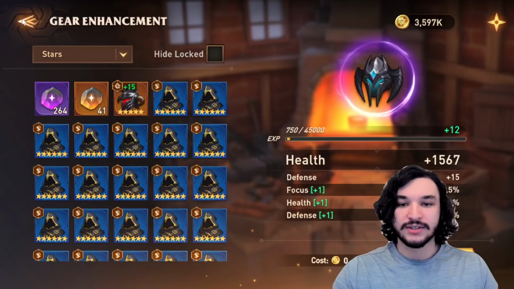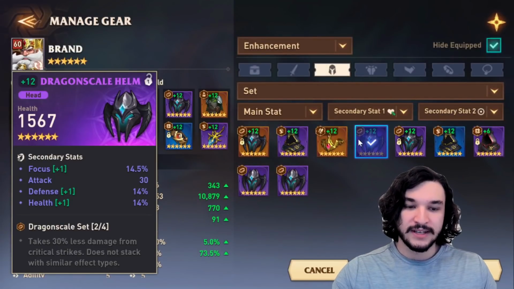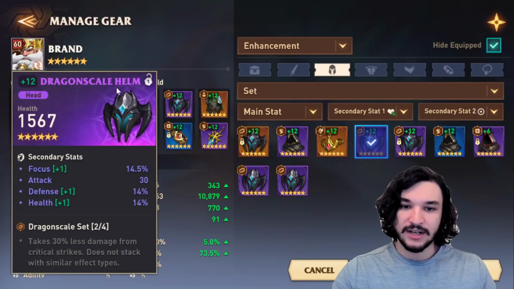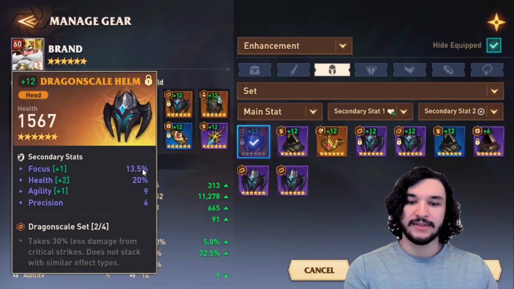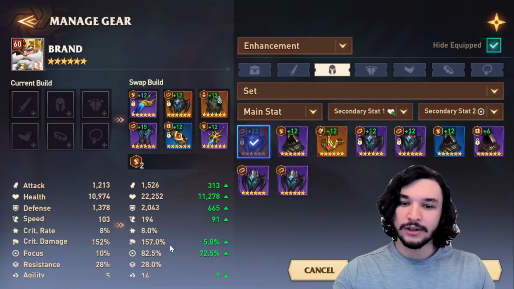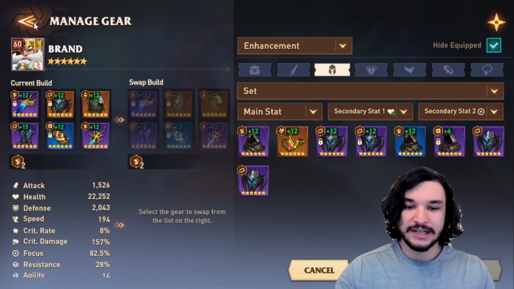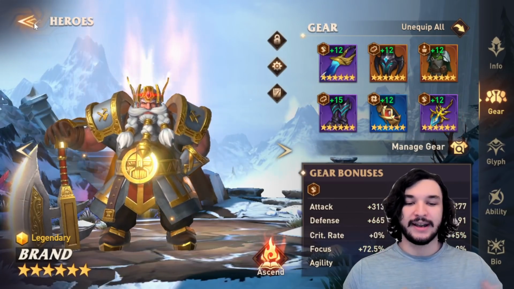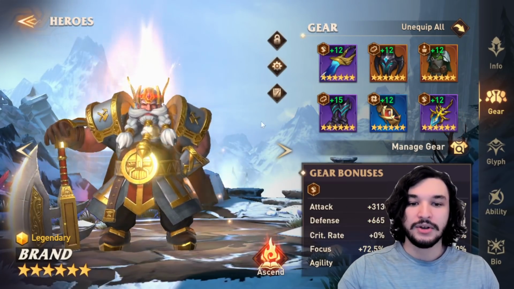It rolled very, very solid, but I think this piece is just a little bit better. Where is it? This one's a little bit better. I think this one is overall better. This one does have the defense percentage, which I'm going to lock. And this one, not great, but this one just has high HP percentage and the 13.5% focus. So we're a little low on focus here, but we have overall really, really solid stats. We got that 22k HP, we have 194 speed, and we have a decent amount of focus. You really want like 90 to 100% in Void Tower, but because we're dealing with wood character here, 80% is